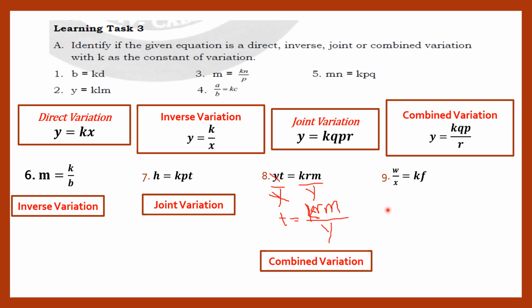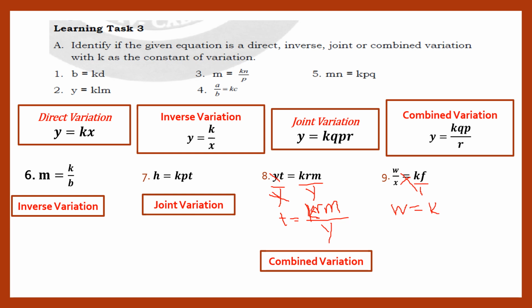Now let's go to number 9. Number 9 is y over x is equal to k over k times f. In this example, we cannot say right away what type of variation because again, your left side of the equation is not a single variable. So we have to make this first a single variable. How do we do that? Since the left side is a fraction, we have to use cross multiplication, and to do that, you need to have over 1 on the right side so that you can cross multiply. So that's w times 1 gives you w is equal to